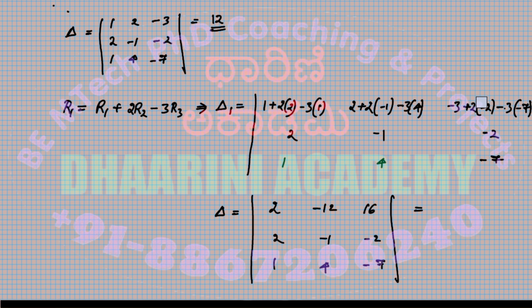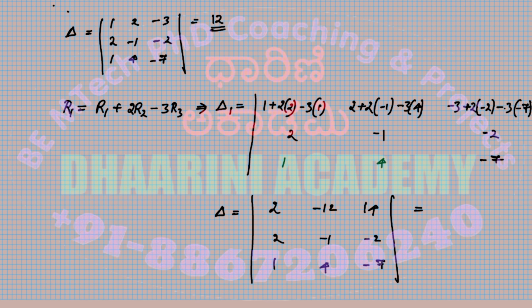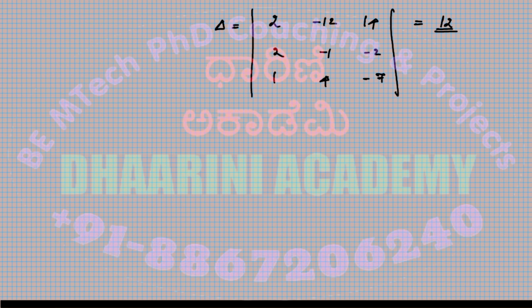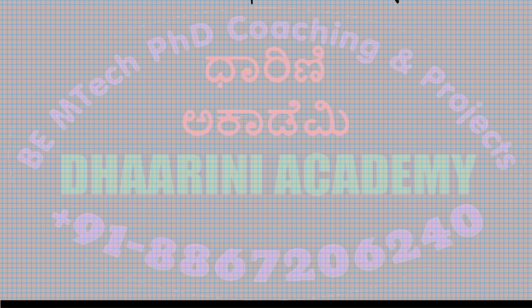So this has to be 14 because 21 minus 7, 14. Now we'll calculate the determinant. So this answer is 12. So that justifies the given statement. Let's try the same thing with the columns. Right? So the given